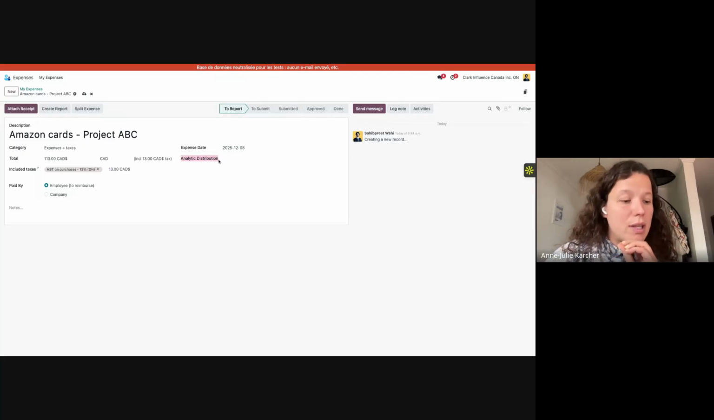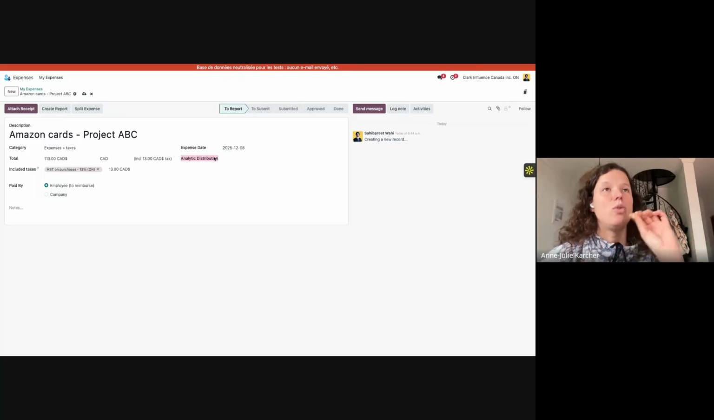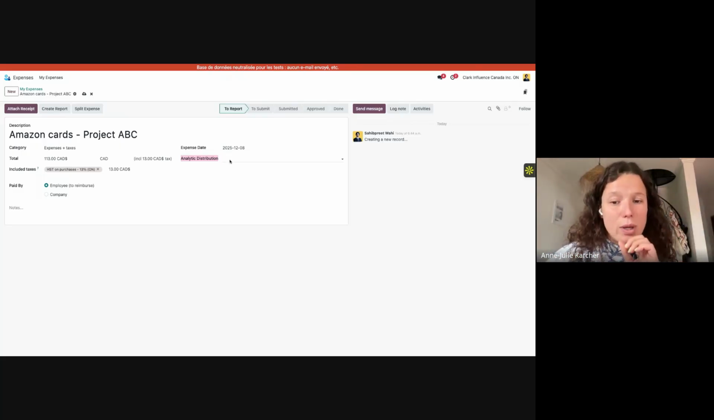So here, if it's for a project, there is analytic distribution. You need to understand now we have introduced the analytic into Odoo. Analytic is the number of your project, making all the accountancy related. So now you can create your expenses, but say to Yasmina, oh, this expense is related to this project. So what is going to be important is that you remember the letter or the number of your project, the beginning